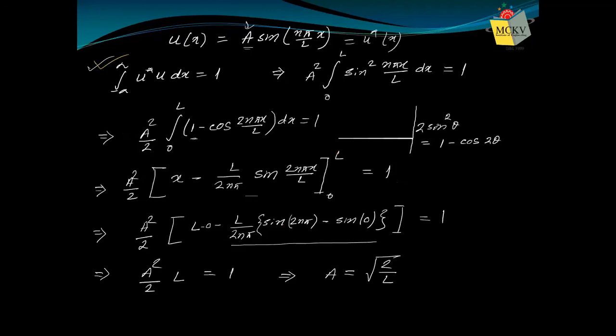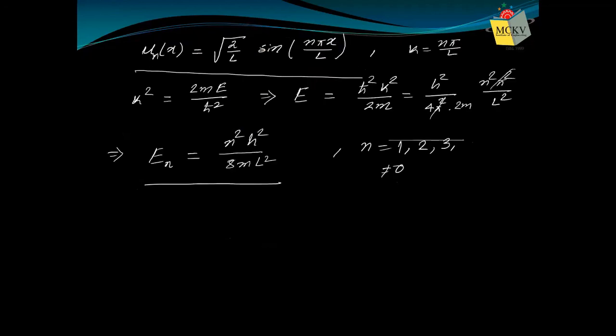In fact, we have done some numerical problems also, where if a quantity in the wave function is unknown and its magnitude is not given as a numerical value, then we can use the condition of normalization, that the total probability is 1, and from that we can find it out. From that we have found out that A is root 2 by L, so our final expression of the wave function or eigenfunction comes out to be root 2 by L sin n pi x by L. But you understand n has defined values 1, 2, 3, etc.